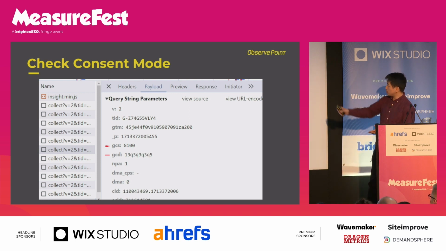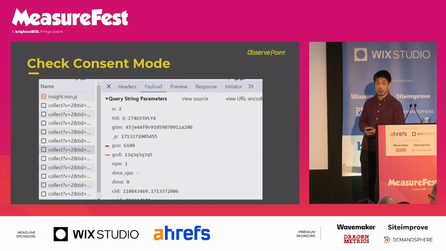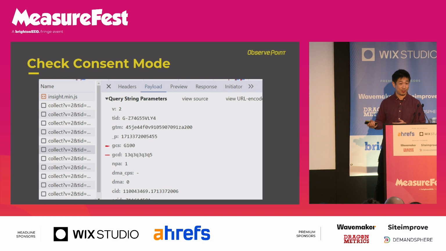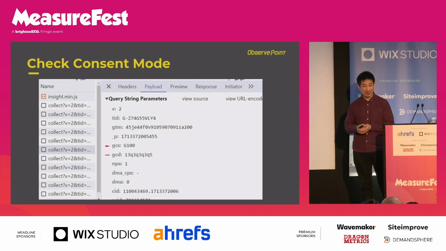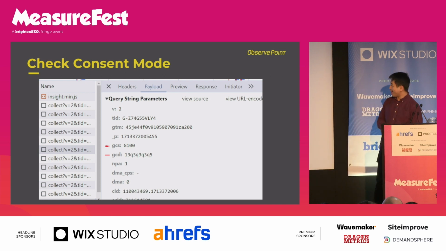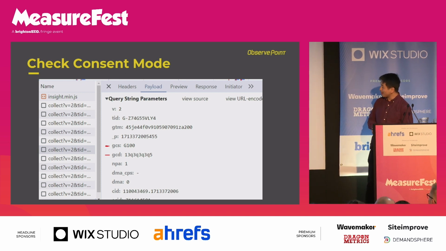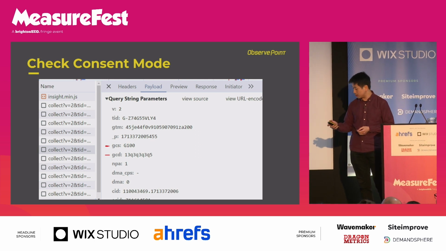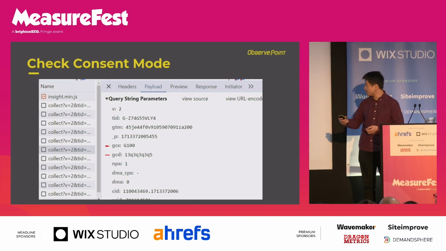I've highlighted, so this is just the details of a GA4. Right, so what you can do is go into the console log or use any of the many site debuggers and look for a GA4 tag and look for the GCS or the GCD query parameters. I will laser that again. So if you can see the